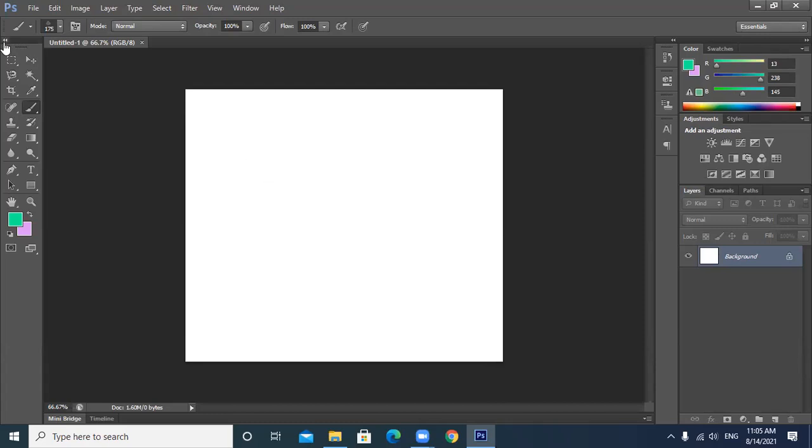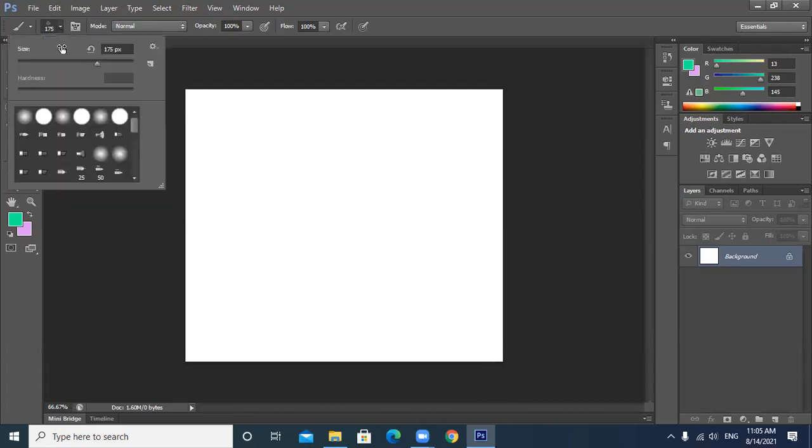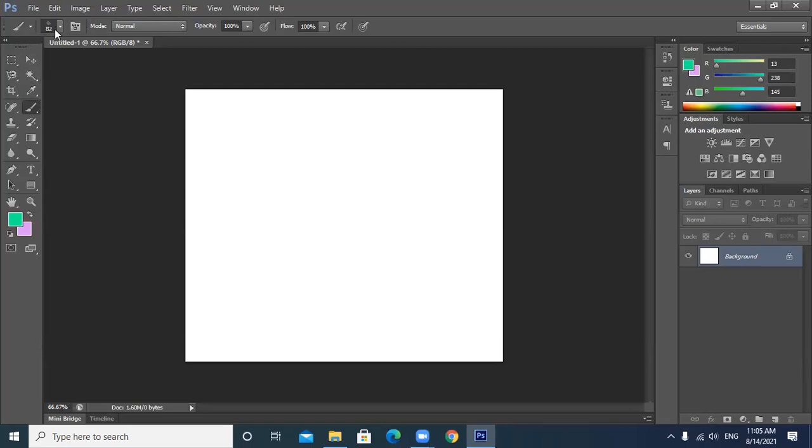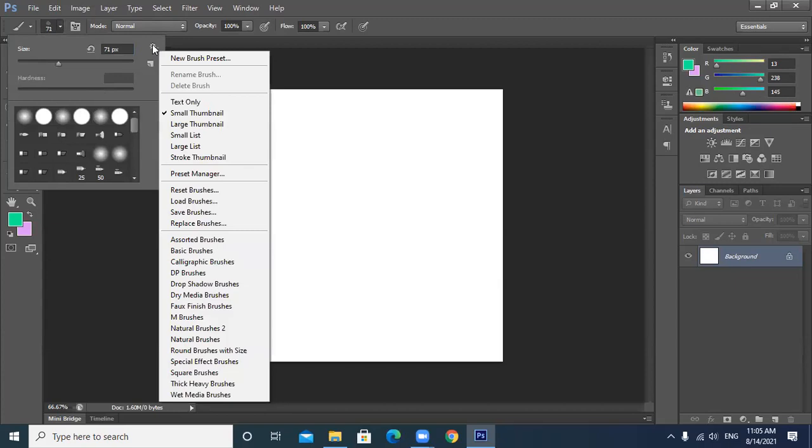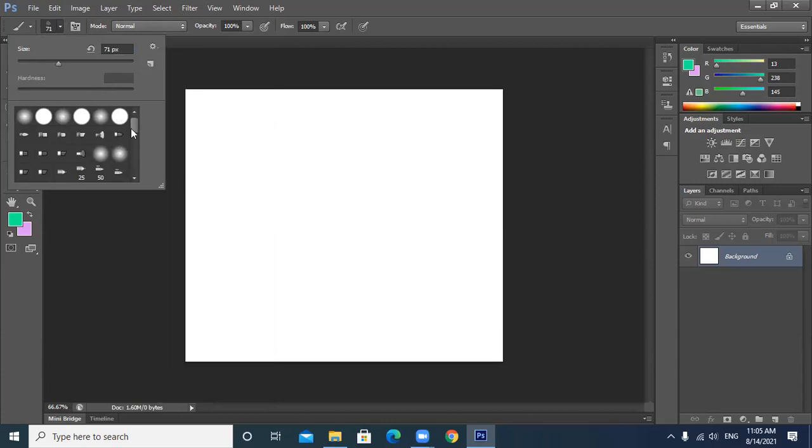Okay. Apart from that, you can also take the size from here. If you don't want to use the shortcuts, you can directly change the size from here also. What I have done, select the brush tool. So this is the box from where you can set the size of the brush and the hardness of the brush. Okay. And here are the brushes that are available. You can see by default it is selecting small thumbnail. So these thumbnails are coming for every brush, small.